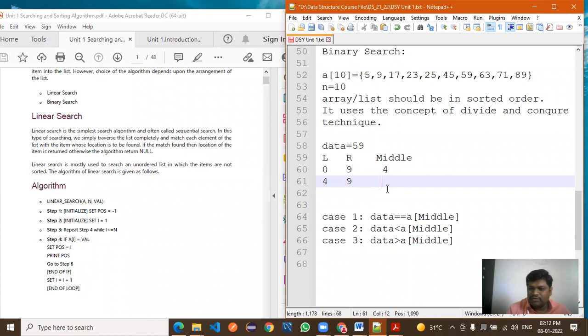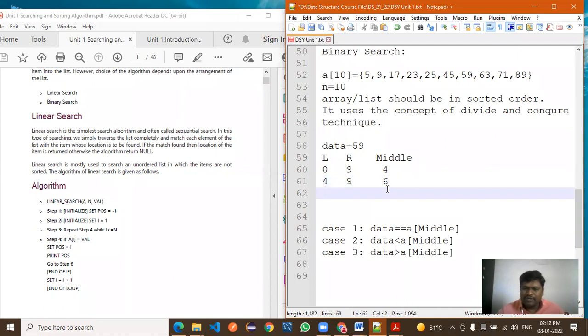Integer value, what will it be? What is the value? 6. Sir, 6. Okay. Now calculate it fast. 6 you got, right? Means middle value is now 6.